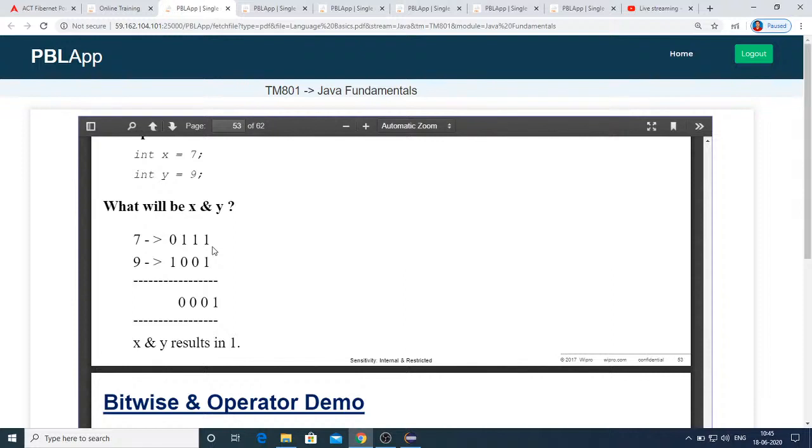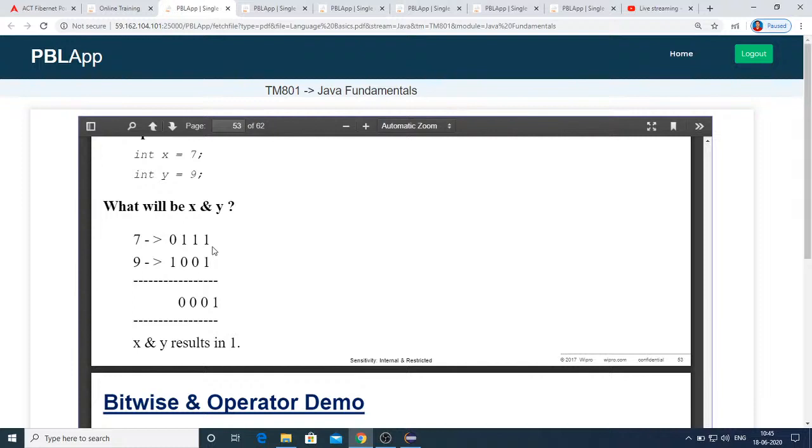That means if any of the operands is 0, then the resultant is 0. So both should be 1 in order to have the output 1. Whereas for the OR operation, if both are 0, then only the result is 0. If either operand has 1, then the output is 1.